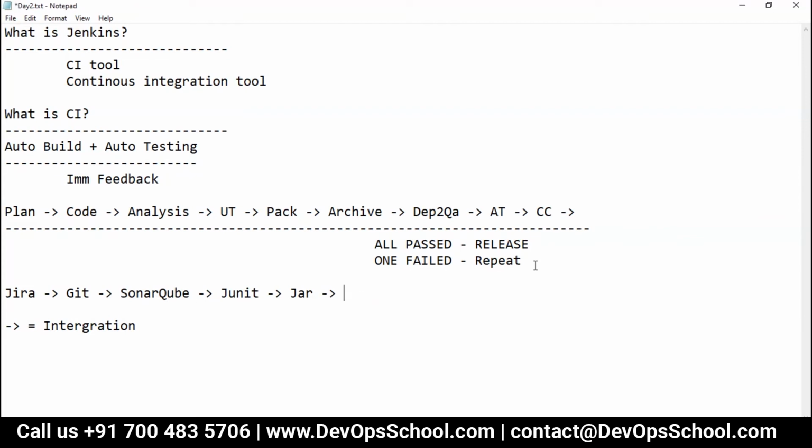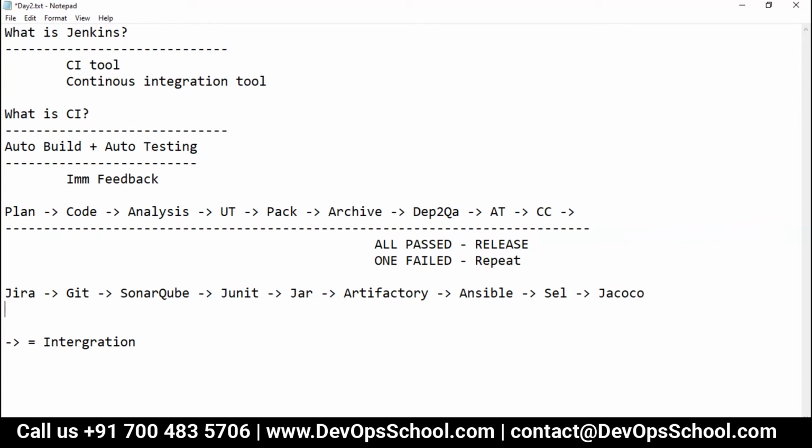Artifactory. Deploy to QA, typically we use Ansible, very popular. Selenium for acceptance testing, and code coverage Jacoco. So these are the different phases. Again, there are more tools actually, but I'm just listing these for the sake of discussion.